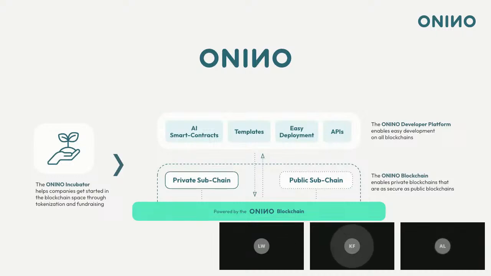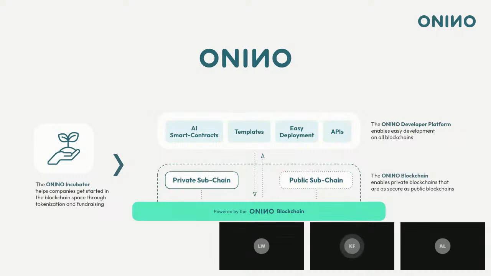Yeah, thank you very much, Alex. So, as Alex already said, just a quick rundown for everybody who hasn't heard about Onino yet or is joining the first time. Onino is a German blockchain company that was founded at the end of 2021, so quite a while ago now. What we are doing basically are three things. On the infrastructure side, we have the Onino blockchain framework, which consists, on the one hand, of the public Onino mainchain, an EVM-compatible layer one blockchain that has a graph-based consensus algorithm for better scalability.